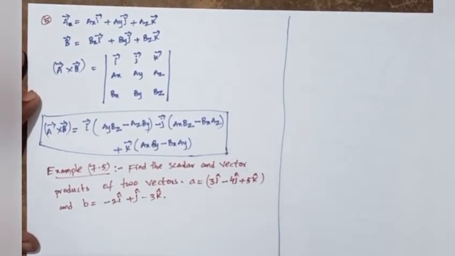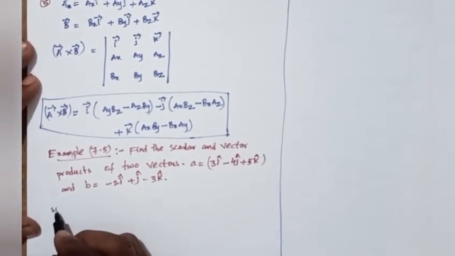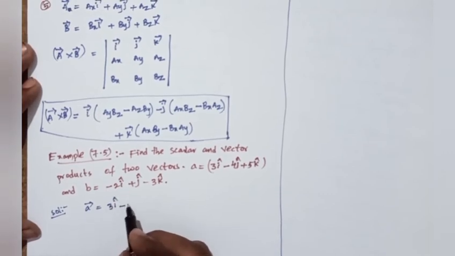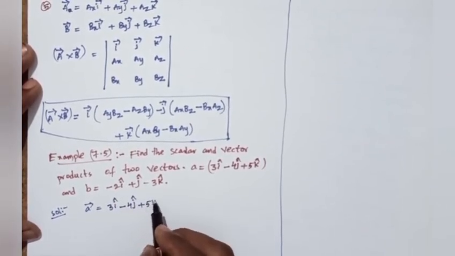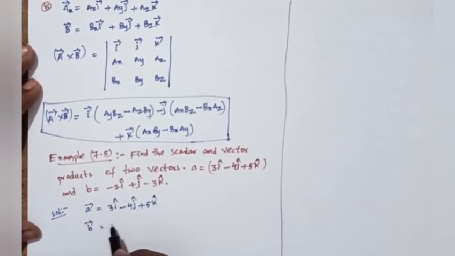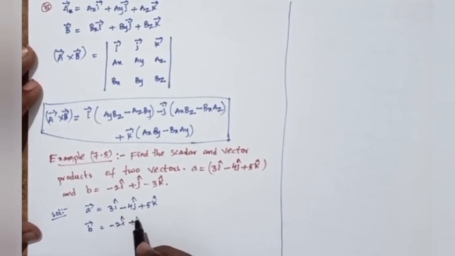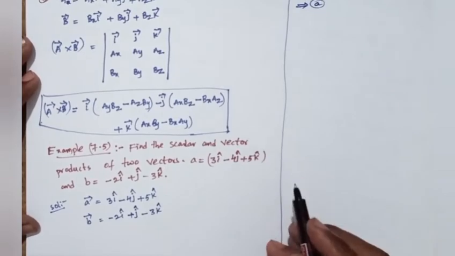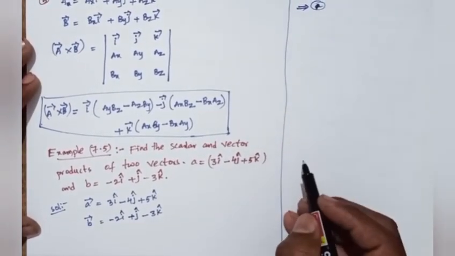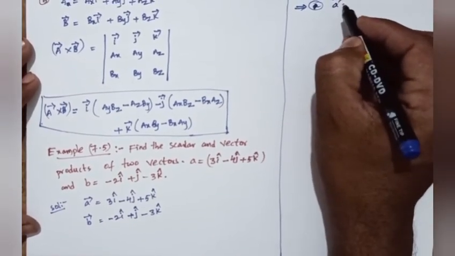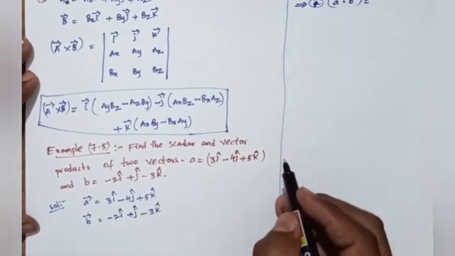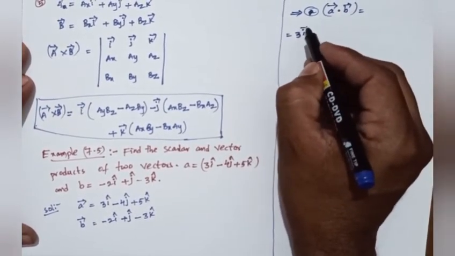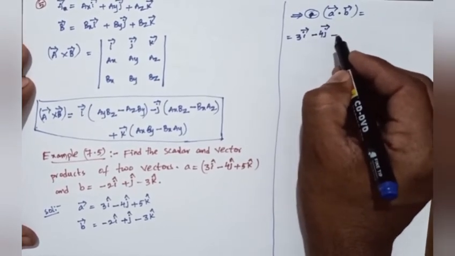So here, the given vectors are, solution: the given vectors A bar equals 3 i cap minus 4 j cap plus 5 k cap, and B bar equals minus 2 i cap plus j cap minus 3 k cap. We can find the scalar product first. Scalar product is A bar dot B bar, which equals